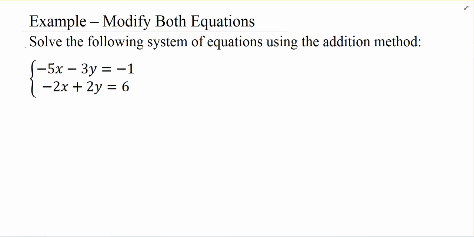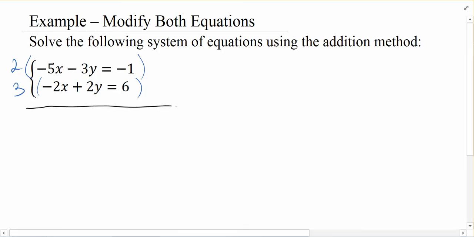Now in this problem, I would probably want to eliminate the y's because they're already opposite signs of one another. So I don't need to multiply by any negatives, which is going to help make sure I don't make as many sign mistakes. That's what I would notice here. I need to build them up to a 6 each, which means the first equation I need to multiply by 2. In the second equation, I need to multiply by 3, and that will build both of the y's up to a 6. So let's go ahead and see what this system becomes.